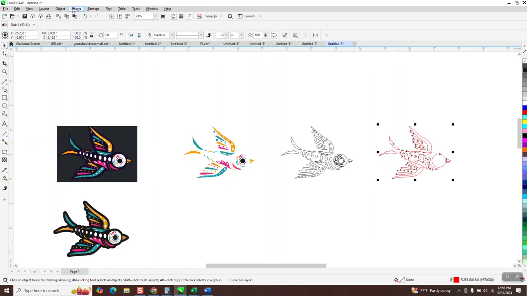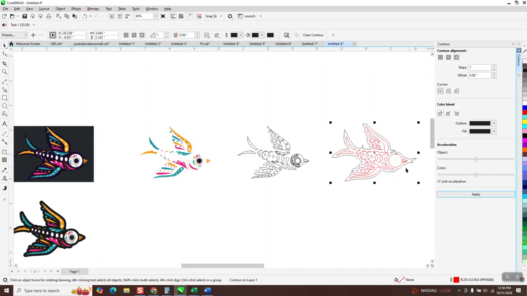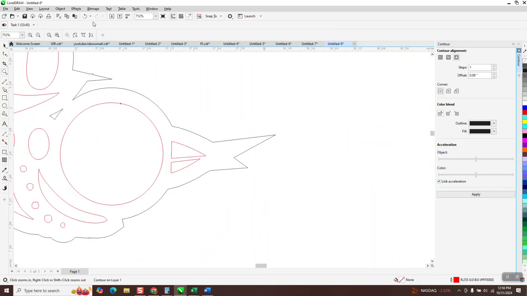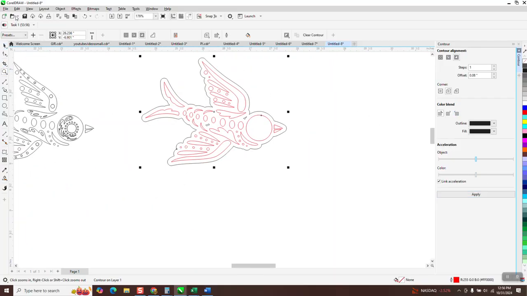And now we're going to go to effects and contour, and I contoured 0.08. I'm going to use square corners and see what happens. Yeah, see, there's just a few parts that are going to give us problems because of some nodes. So let's go back to rounded corners and see, you get that. Now I'm going to go up to